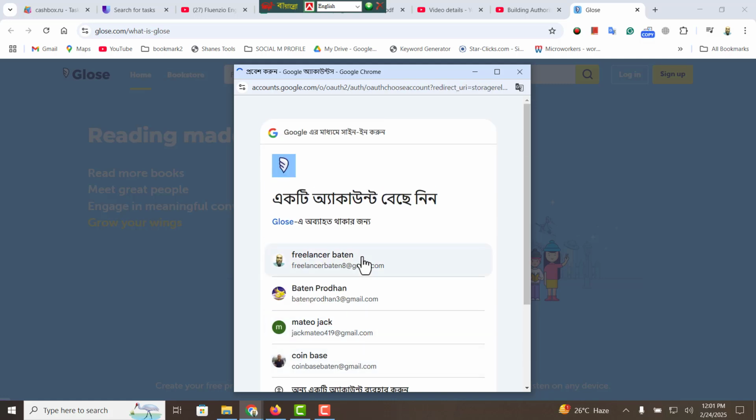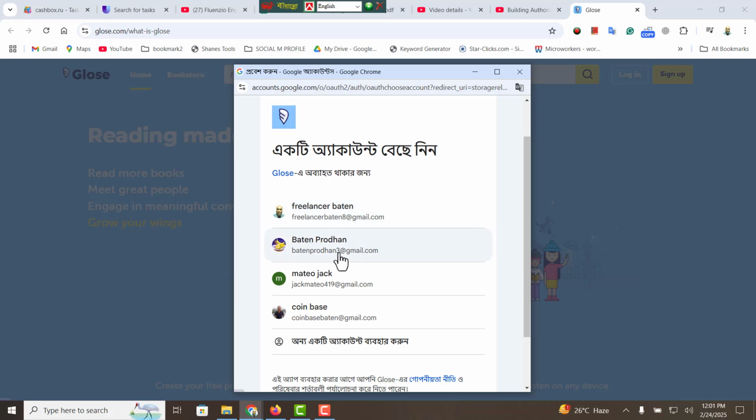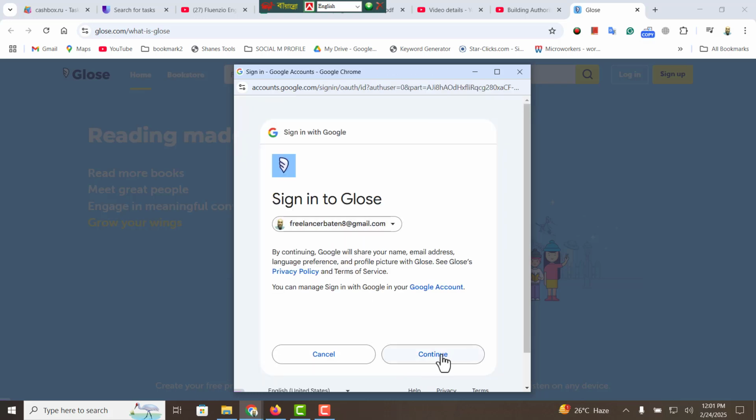Select one Gmail from the list you have, click continue.